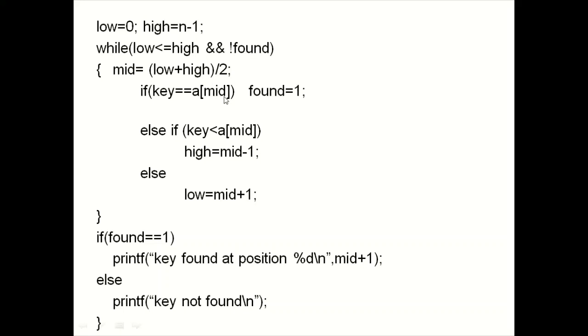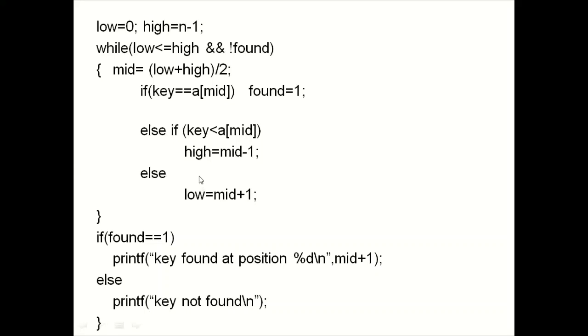If the key element is not the middle element, then we have to search either the first half or the second half. So if the key element is less than the middle of the array, then the first half of the array needs to be searched. For the first half, low will remain as it is and only the high value needs to be changed. Apart from the middle value, the previous value will become the end of the array. So it is mid minus 1. Since we have already checked the middle element, we will not consider the middle. So the end of the array will become mid minus 1.